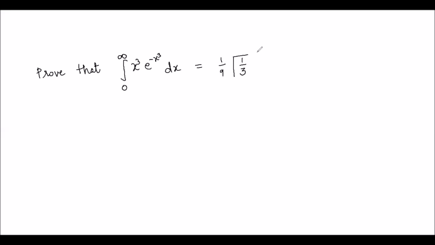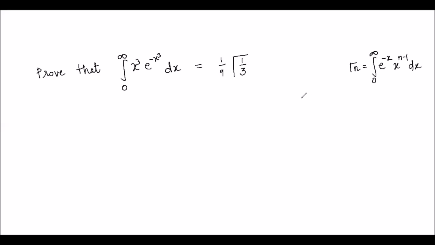This is the notation of gamma. So how can we prove this result? If you see the integrand, this integrand involves the exponential term. We have e raised to power minus x cube, and the limits are also the same which we have in our definition of gamma function. If I write down the formula for the gamma function, or the definition of gamma function that we have discussed, the gamma of n is given by this definite integral from 0 to infinity. We will be integrating e raised to power minus x times x raised to power n minus 1, this one.